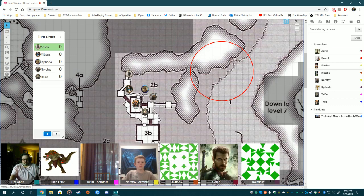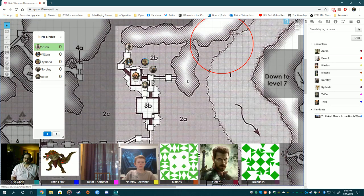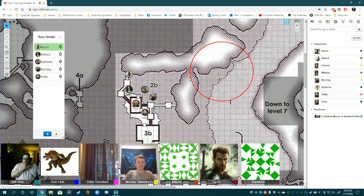Where we left off last week, a whole bunch of things happened. The group had been summoned to meet with the Raven Queen while they were in the Shadowfell. They were summoned to the Raven Queen's castle, where she informed them of their greater purpose in the multiverse. And basically she showed them that Halaster Blackcloak